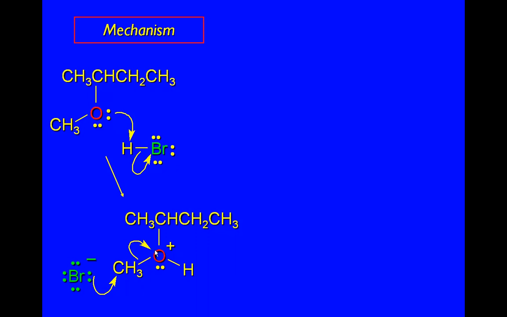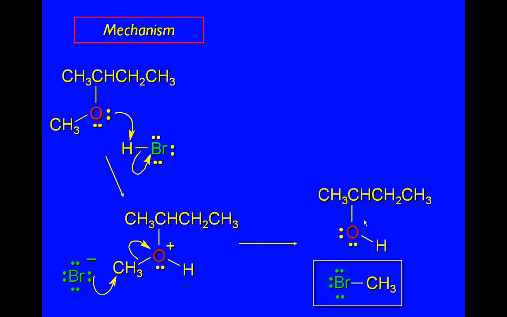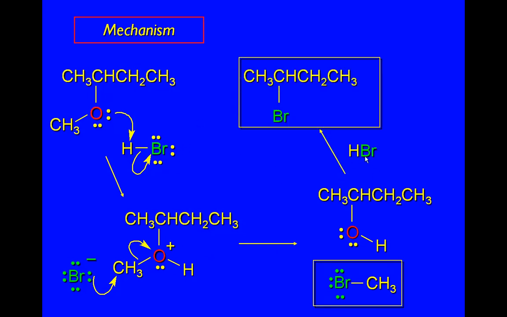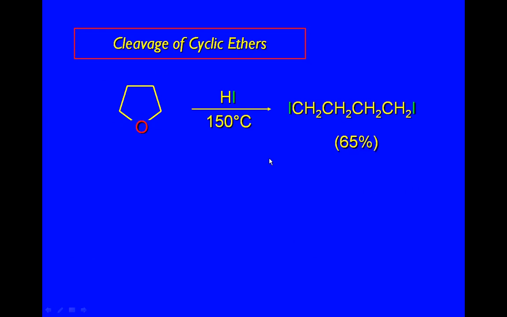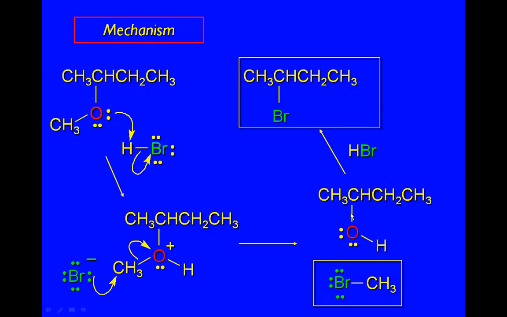These electrons are pushed to the oxygen, so we get an alcohol back plus bromide, but this alcohol is in the presence of HBr, so the HBr doesn't just leave it alone, right? Again it protonates this hydroxy group, which becomes a leaving group, and the bromide comes and attacks this carbon, and the water molecule leaves. As a result, you have another bromide forming. So in short, you can cleave the ethers into the respective bromides